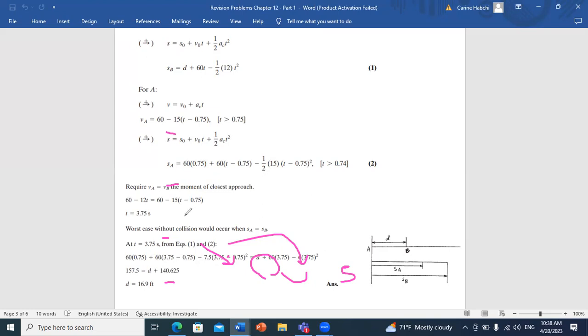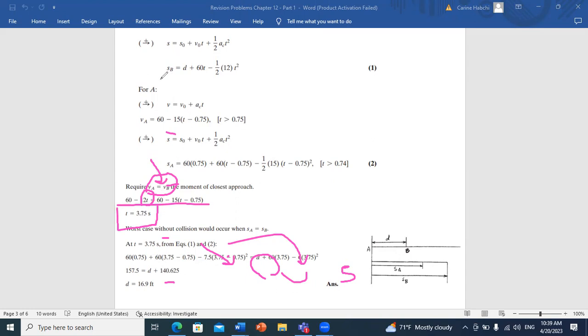Okay, so the most critical condition is that when they reach each other, VA is equal to VB. Since we have the expression of VA and VB, all we have to do is replace. And the only unknown in this equation will be the time. So we can get the time needed to satisfy this condition. Once we get this time, we can replace in the equation of